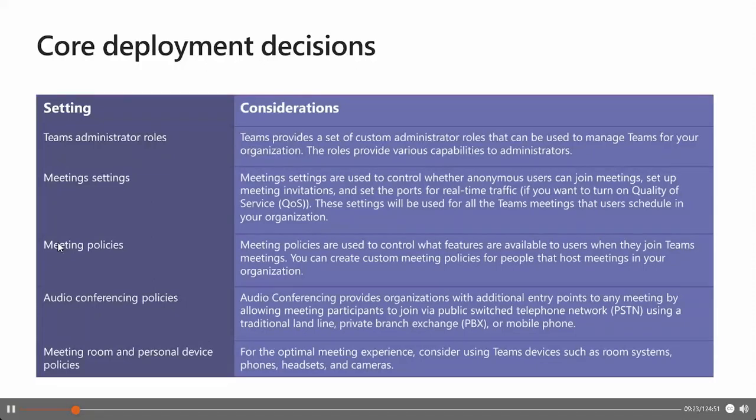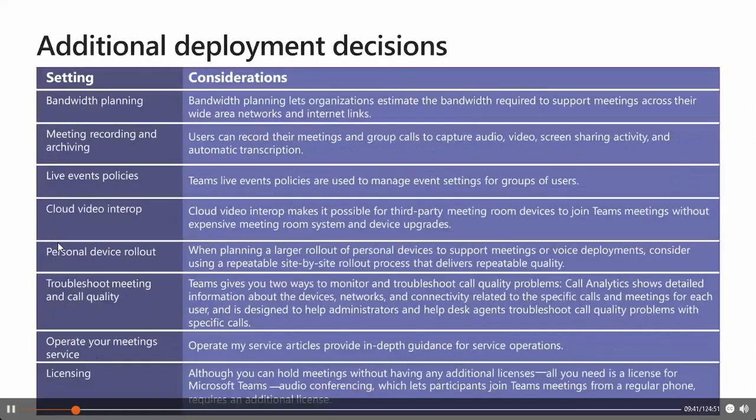The meeting room and personal device policies are obviously what you can use for room systems, for example a phone, a headset, or which camera types you have, which is a great option to know what's happening. Furthermore, you should think about the additional deployment decisions, like bandwidth planning. We already talked about that a lot before, that you provide the best bandwidth that you can for your